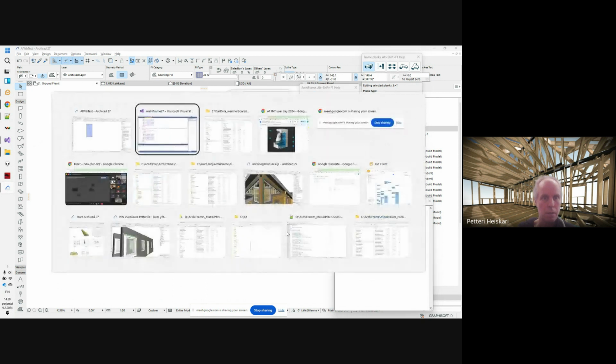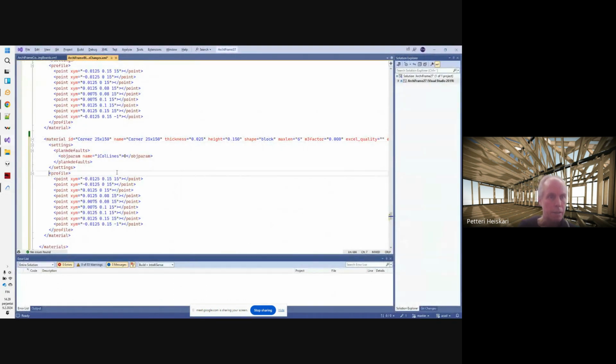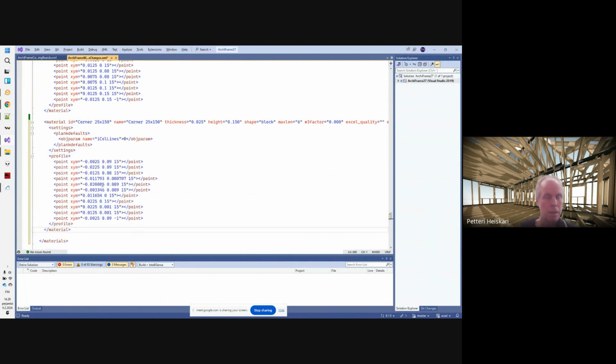So copy this one and replace what we had in this earlier. I now paste it here. Also, what this Visual Studio does is it indents this automatically. And then I need to give an ID to this. I think it was 45 by 90. ID and name the same. And these need to be given to match the material. And this, the remaining settings, they don't really matter. And then save